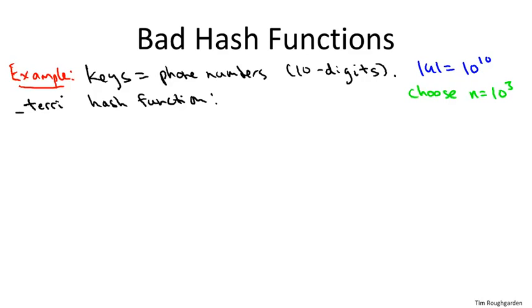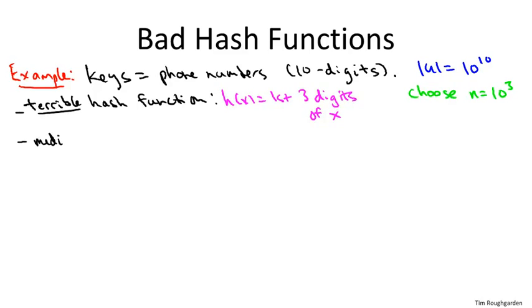Meanwhile, not all 1,000 possibilities of these 3 digits are even legitimate area codes. Not all 3-digit numbers are area codes in the United States. So there'll be buckets of your hash table which are totally guaranteed to be empty, and you waste a ton of space in your hash table. You have a huge list in the bucket corresponding to 415. You have a huge list in the bucket corresponding to 650, the area code at Stanford. You're going to have very slow lookup time for everything that hashes to those 2 buckets, and there's going to be a lot of stuff which hashes to those 2 buckets. So